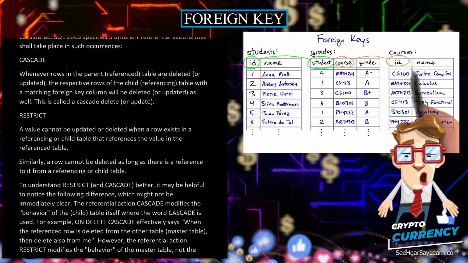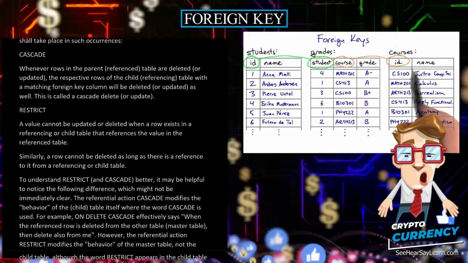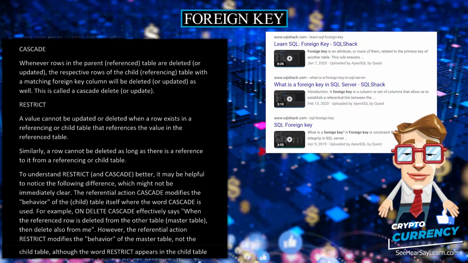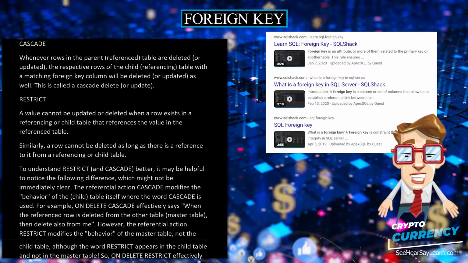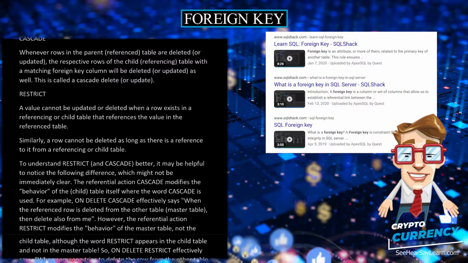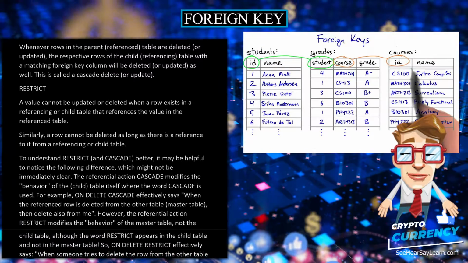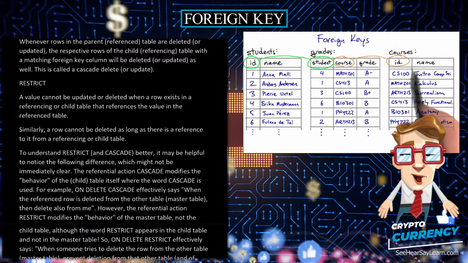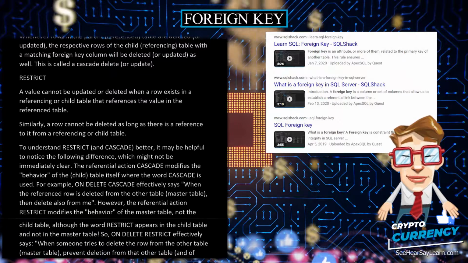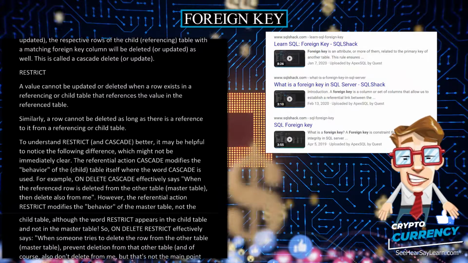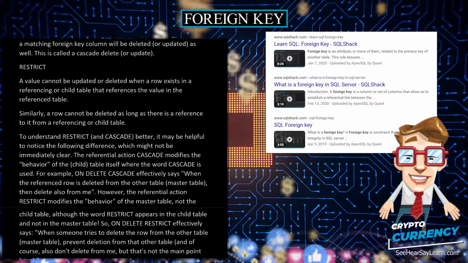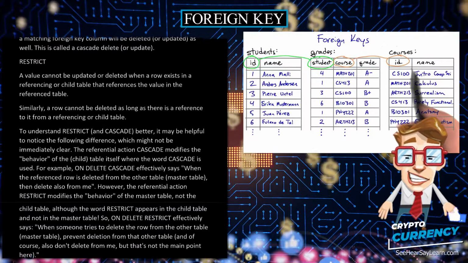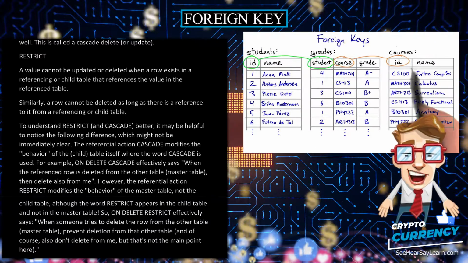Restrict. A value cannot be updated or deleted when a row exists in a referencing or child table that references the value in the referenced table. Similarly, a row cannot be deleted as long as there is a reference to it from a referencing or child table. To understand restrict and cascade better, it may be helpful to notice the following difference, which might not be